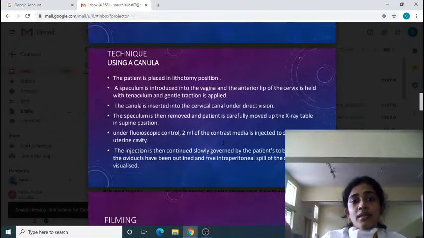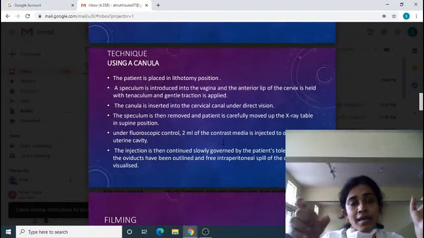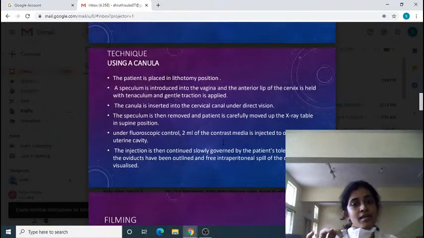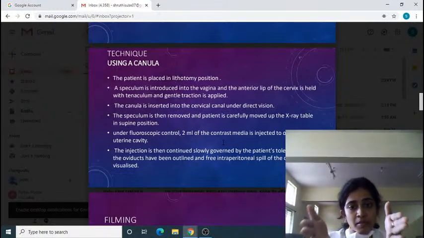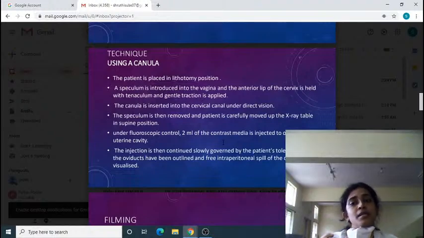Then a cannula, that is a Leech-Wilkinson cannula, is inserted into the cervical canal under direct vision. The speculum is then removed, and just the cannula is left in place, and the patient is carefully moved up the X-ray table, because when this procedure is done, the patient is placed a little down the X-ray table. So for proper positioning, after the cannula is put in place, the patient is put in proper position